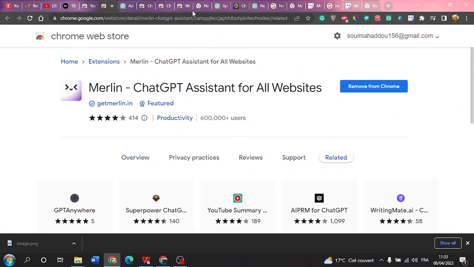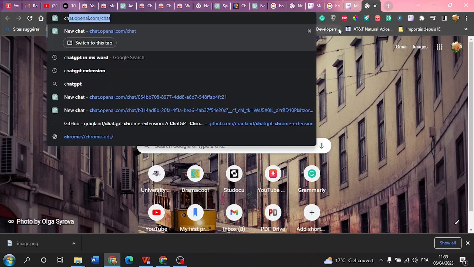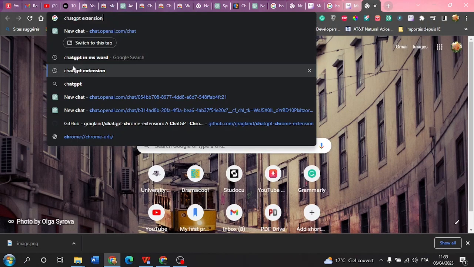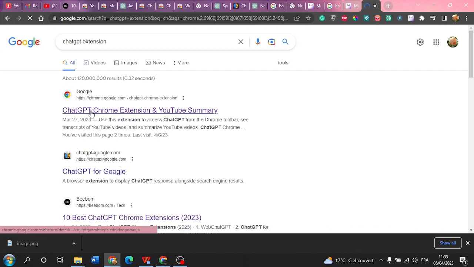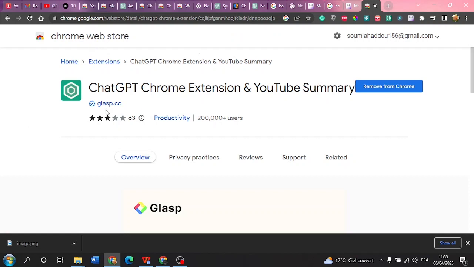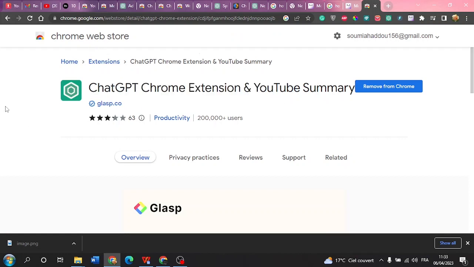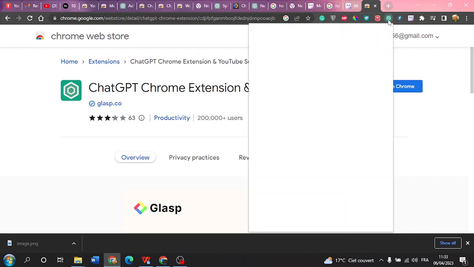because go to your Chrome and search for, what is it? ChatGPT. No, where is it? Wait a minute. Search for ChatGPT extension and click the first page, and this one, ChatGPT Chrome extension and YouTube summary. I use this one. I actually like it. Here it is. Click it,